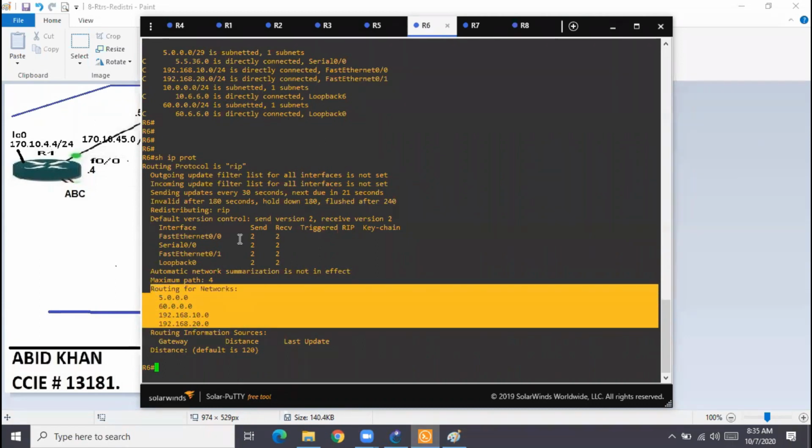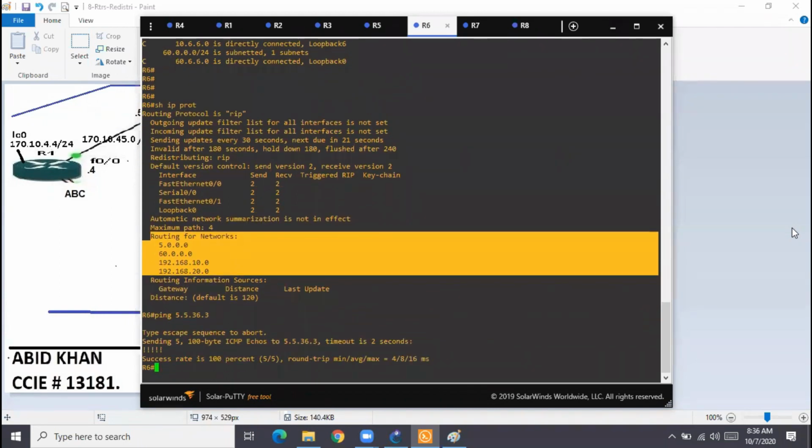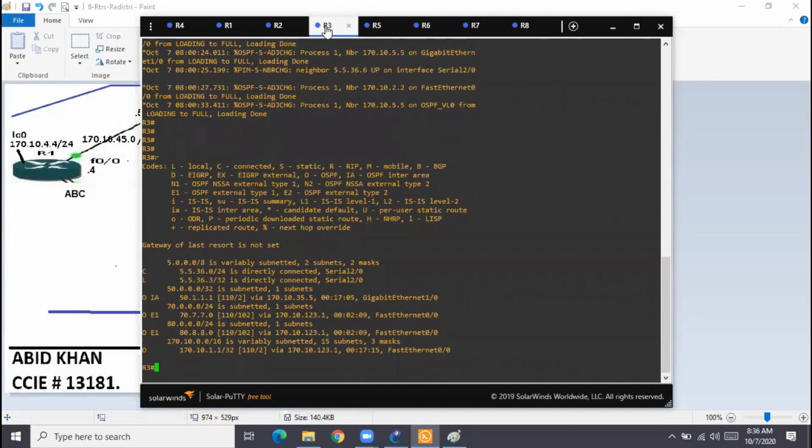Then what is the next thing I should do? I should ping the redistributing router. R6 as per the diagram is connected to whom? R3. So check reachability. If routes are missing, the first thing is to check whether the routing protocol is there or not, or maybe somebody deleted the routing protocol. 36.3, so the link is also up and the configuration is also there. Now the job is done. The fault is not on R6. The fault is on R3. If R6 is not having the routes, where is the fault? R3. So let us see on R3.